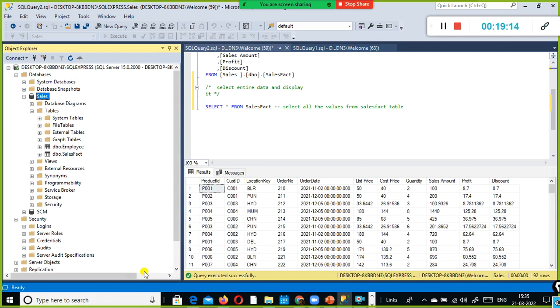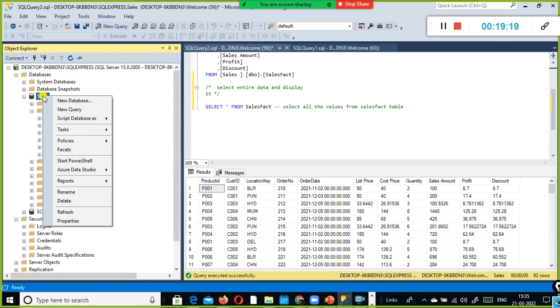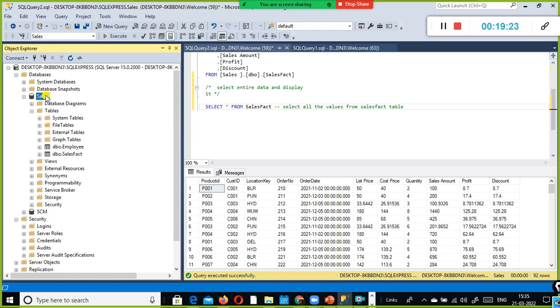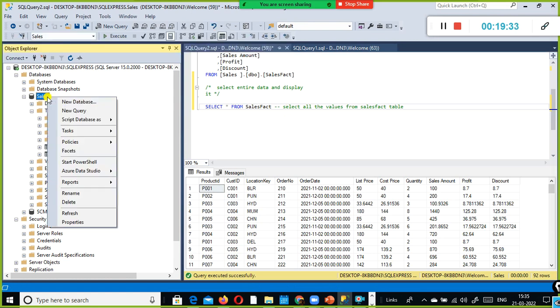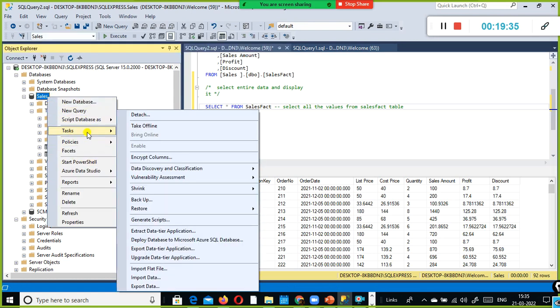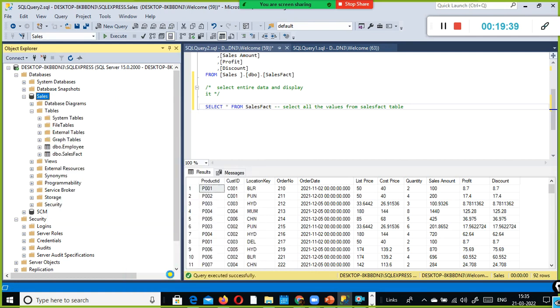So next, what we will do is import another Excel file's data into the sales database. Click on the sales database, or just place the cursor over it, and right click on it. Then go to tasks, and if you scroll down, there is import data. If you click on import data,